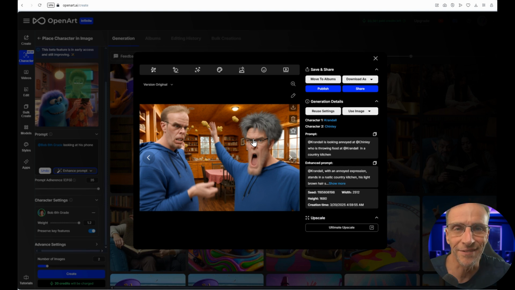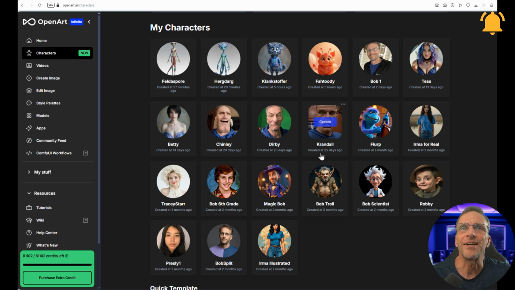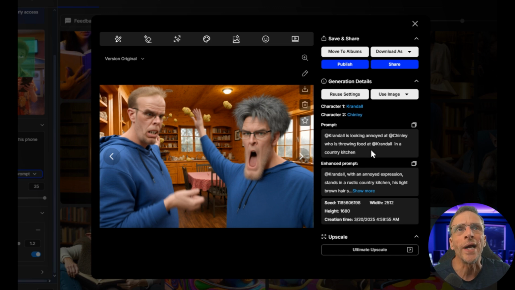And this is a series of the weirdest fails in this process that I had. I actually created these three characters using Snapchat filters. You know how Snapchat makes your face all kinds of weird and distorted? I just took a single image of my face and created characters out of them, and I wanted to combine Chinley here with Crandall. And I had Crandall looking annoyed at Chinley, who is throwing food at Crandall in